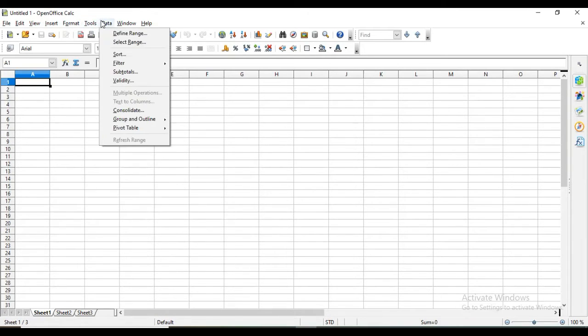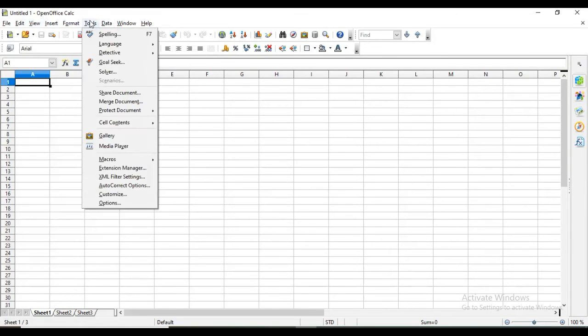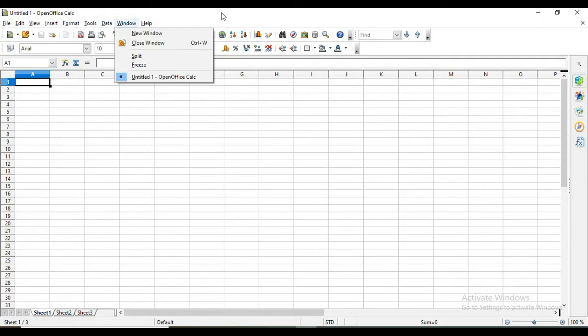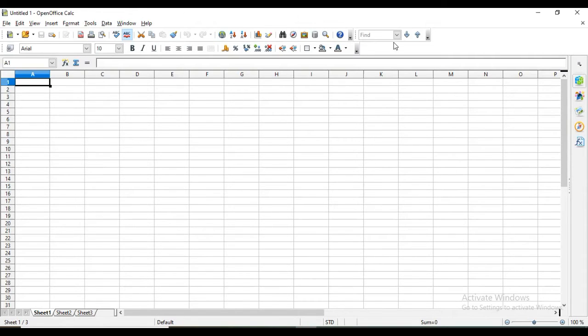Gallery is there. Data, when you want to sort or filter this data, that you can sort and filter. And whatever commands are there inside this menu bar, a few of them you get here. Okay, a few tools you get here which are more common. So you can directly access some tools from here. This is sorting, ascending and descending. This is for chart like that, bold, italic, underline. Then alignment is there. This is for font size, etc.